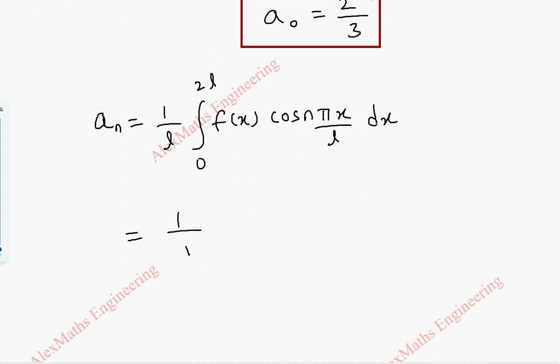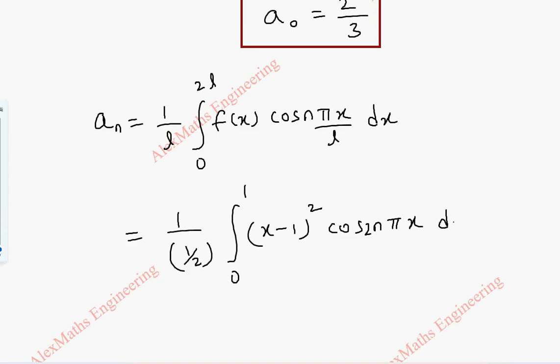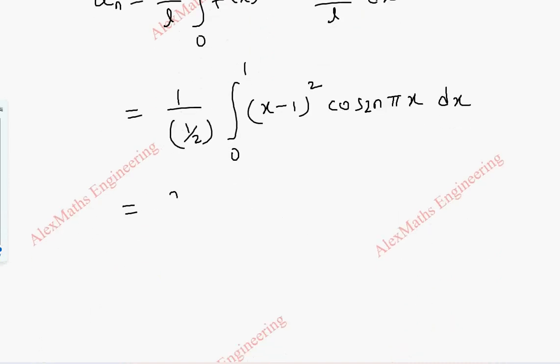So this is 1 by half integral 0 to 1 f of x is x minus 1 whole square and cos n pi x by half, so it is 2n pi x then dx, and this we are going to rewrite. So 2 integral 0 to 1 x minus 1 whole square, and now it is cos 2n pi